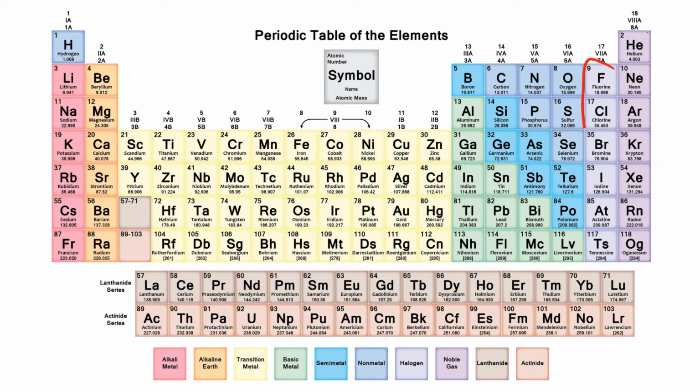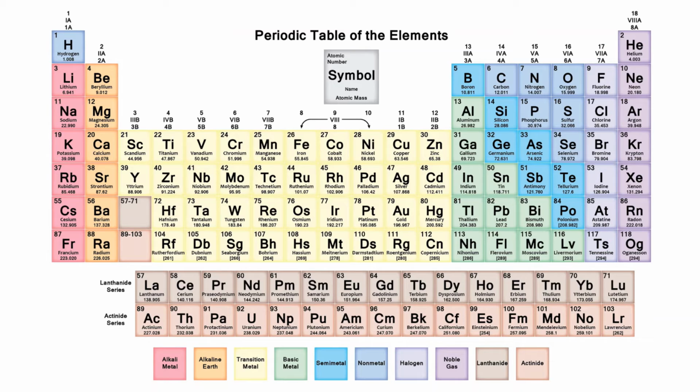Let's look at the second column from the right in the periodic table. These elements, which are in group 17, are called halogens. These halogens are highly reactive. They combine with metals to form salts. For example, sodium chloride, that is table salt that we use at home, has chlorine. Chlorine is a halogen. Another example is iodine. Iodine is used as an antiseptic.